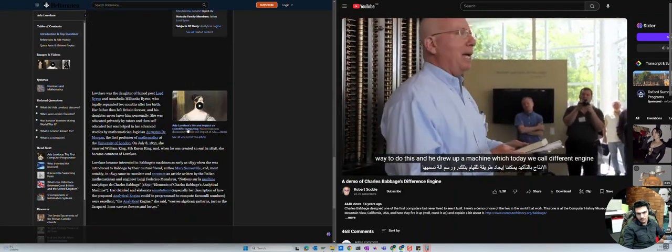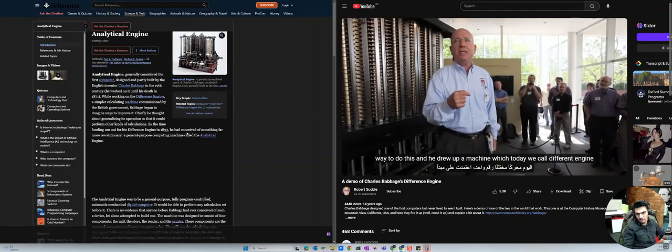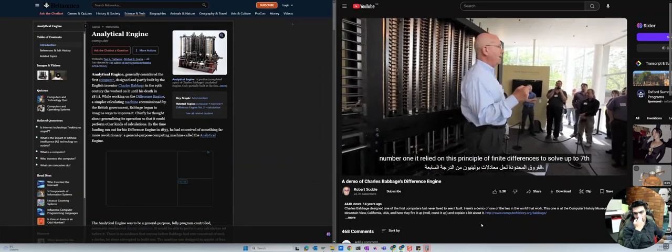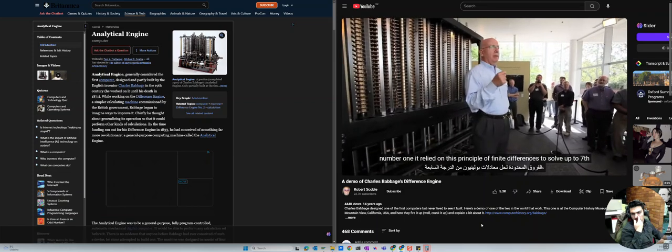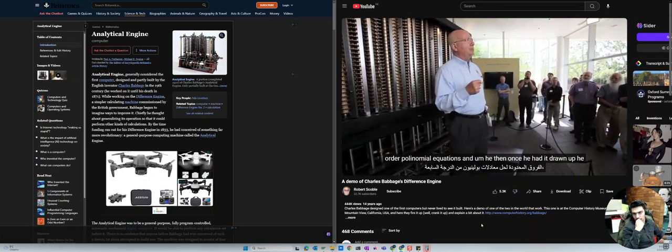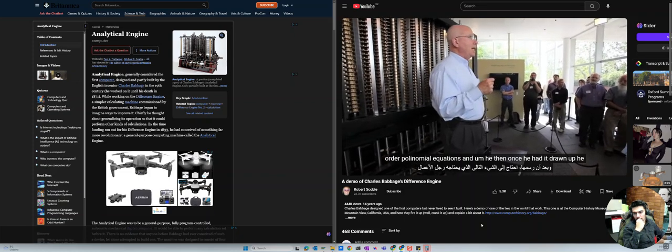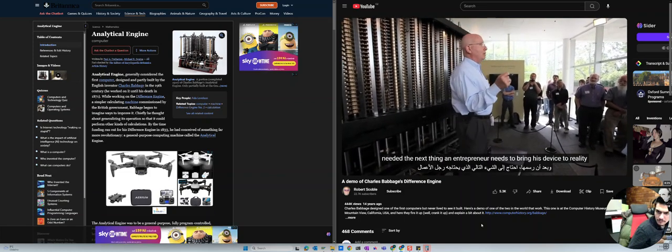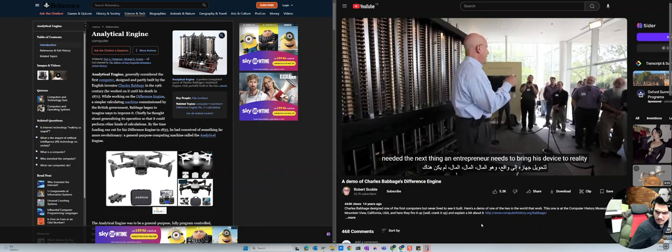And he drew up a machine which today we call Difference Engine Number 1. It relied on this principle of finite differences to solve up to 7th order polynomial equations. And once he had it drawn up, he needed the next thing an entrepreneur needs to bring his device to reality, which is